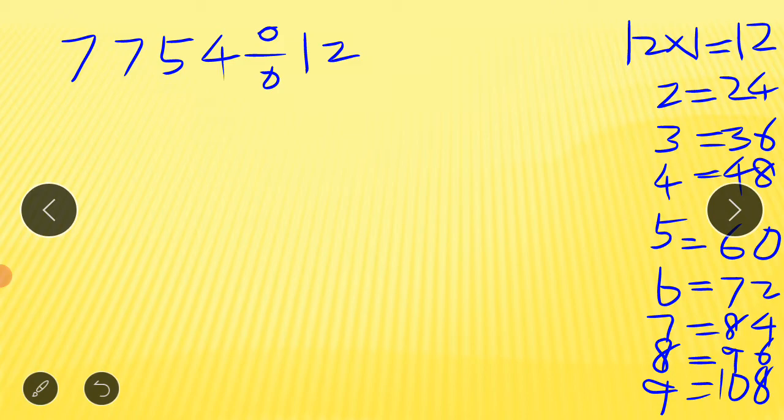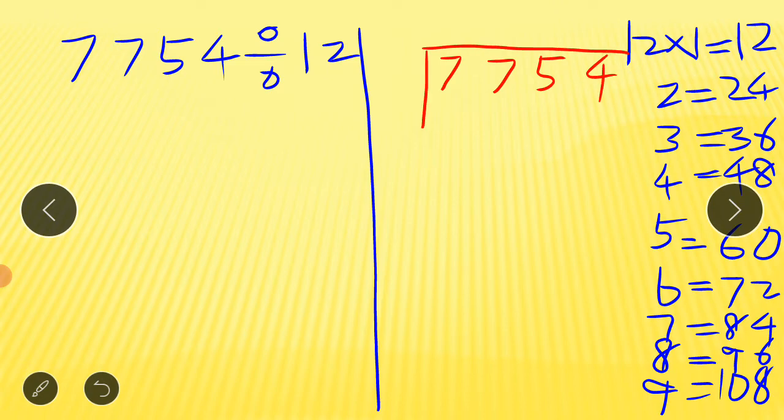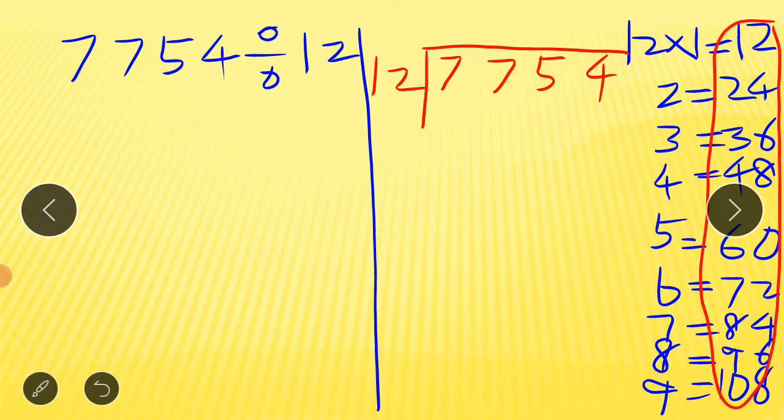Now let's go for division. So, copying the number. Let's copy the number by giving space between each digit, then let's divide by 12. Okay, so now again take the first digit. Take the first digit 7, and check whether 7 is in the product column or not. No, 7 is not there. Definitely it won't be there because the starting product itself is 12.